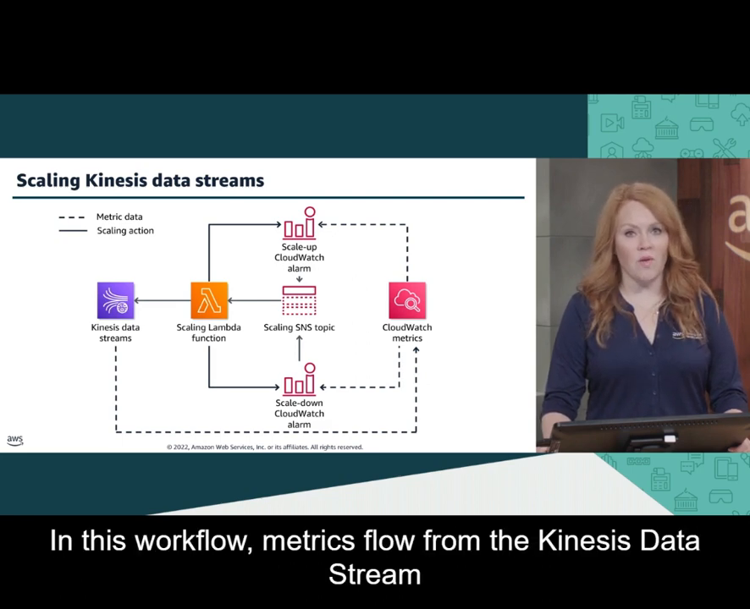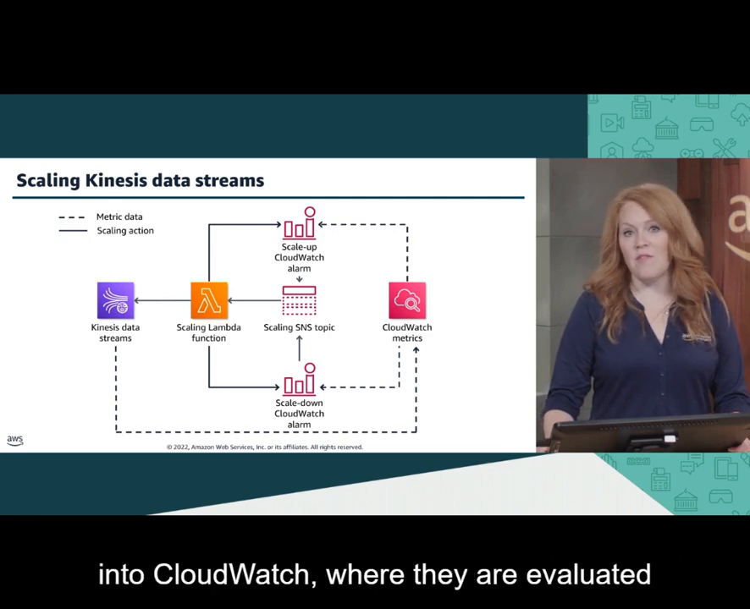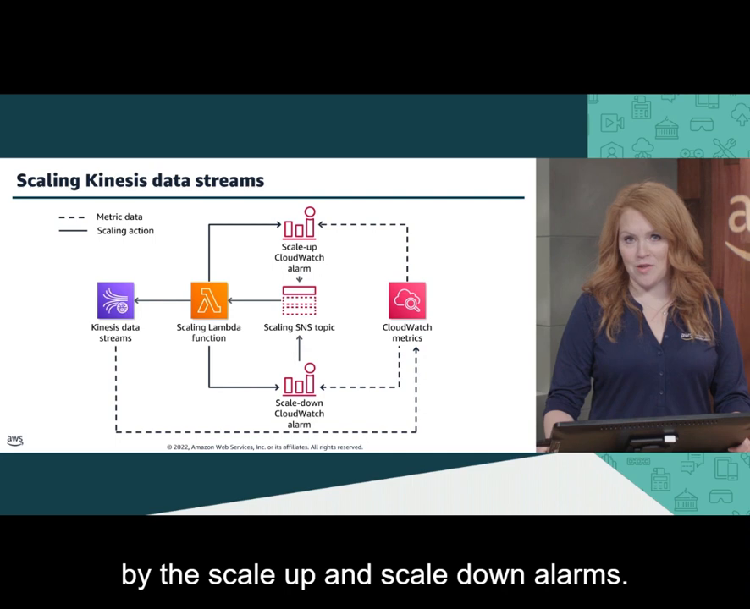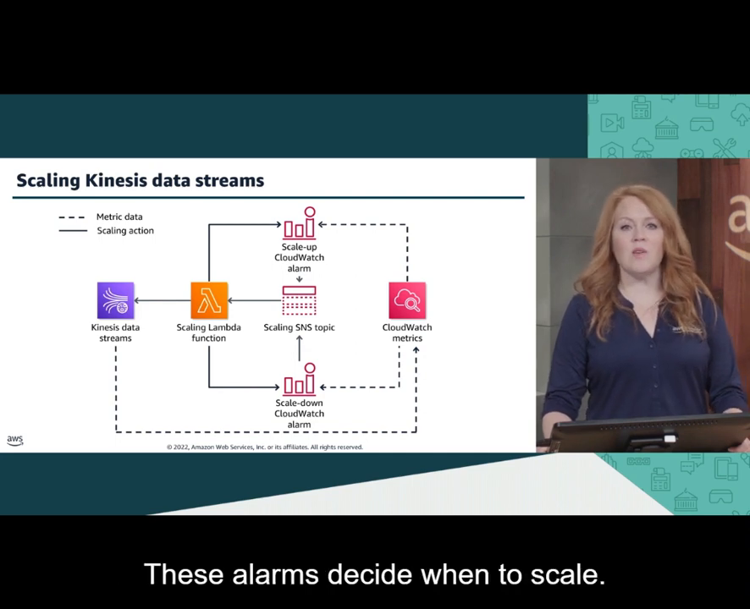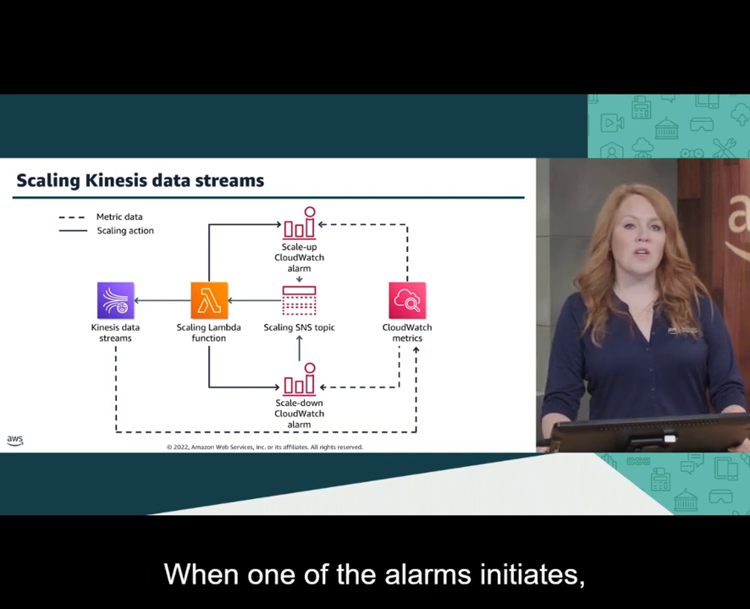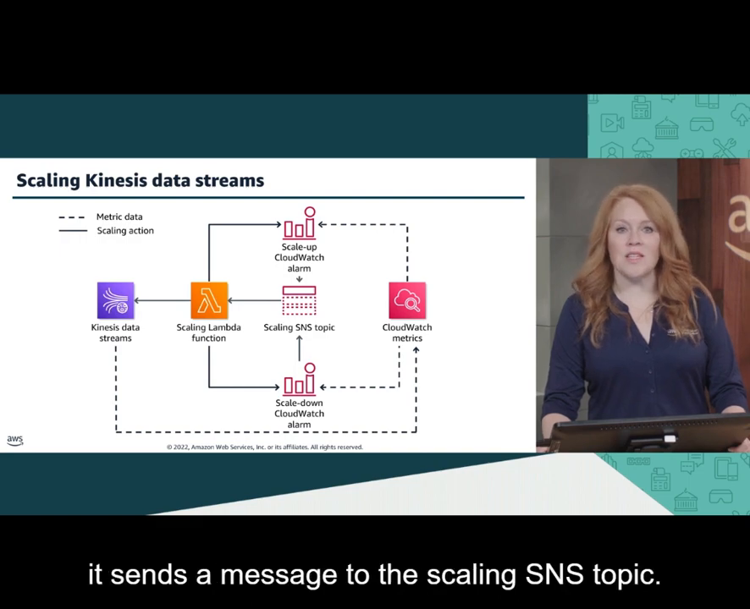In this workflow, metrics flow from the Kinesis data stream into CloudWatch, where they are evaluated by the scale up and scale down alarms. These alarms decide when to scale. When one of the alarms initiates, it sends a message to the scaling SNS